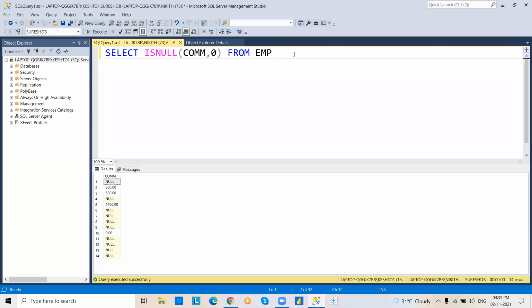So select ISNULL of commission comma 0 from employee table. See that there is no null value. What happened? The ISNULL function converted commission null value to 0 temporarily. So now you can do this task. Salary plus ISNULL of commission comma 0. See that?